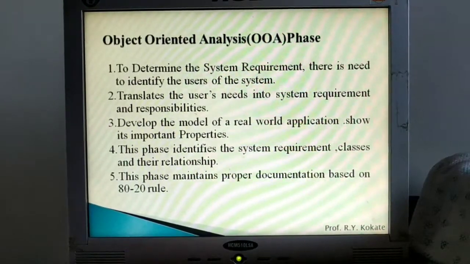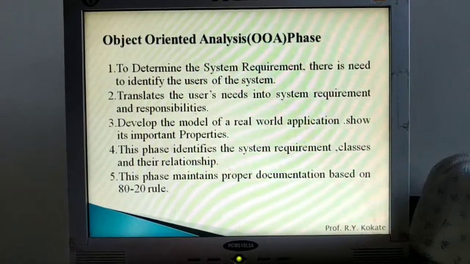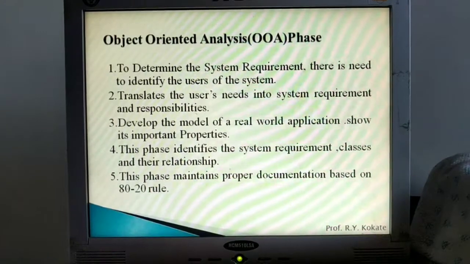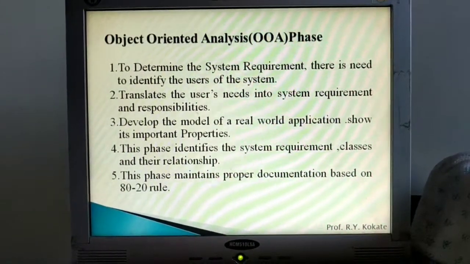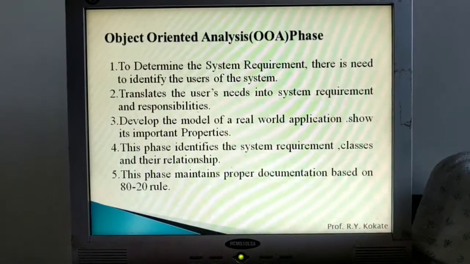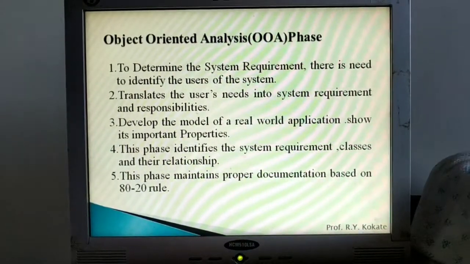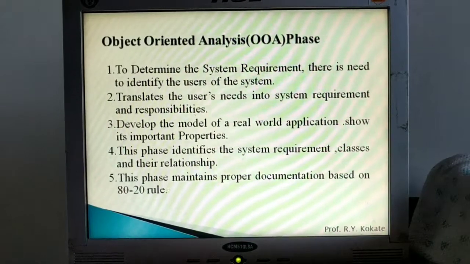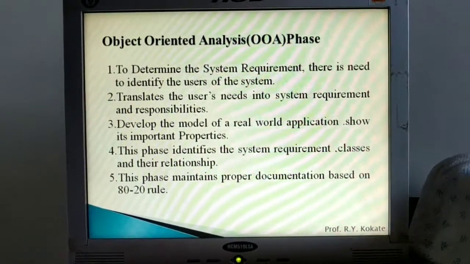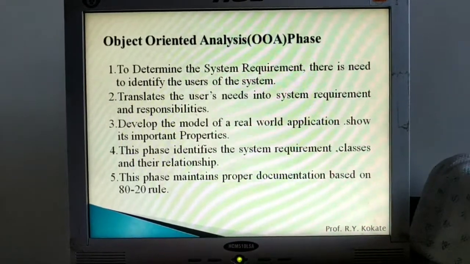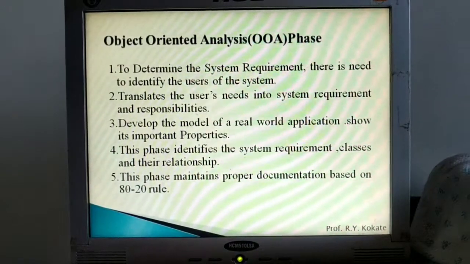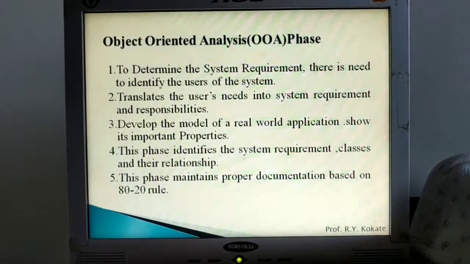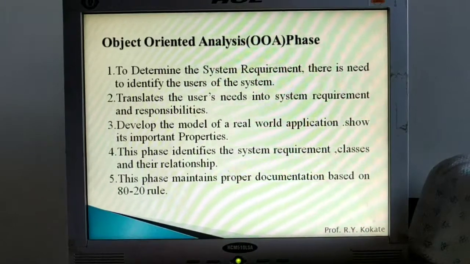Next, define the classes and their relationships. The last one is to maintain proper documentation based on the 80-20 rule, that means 80% of the work is done and 20% is documentation. All these are the steps or functions of the object oriented analysis phase.